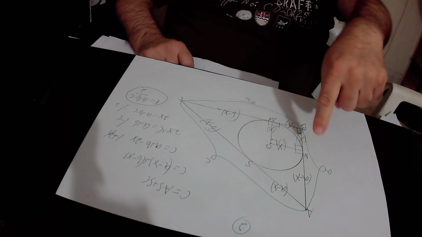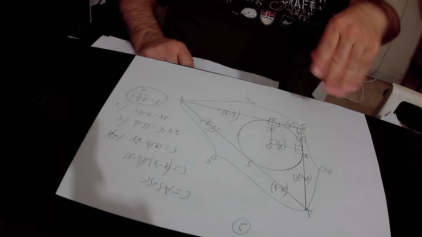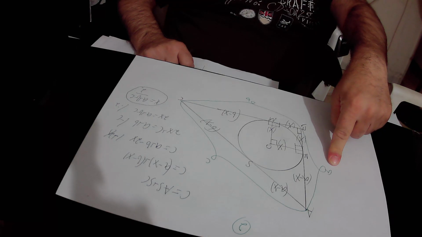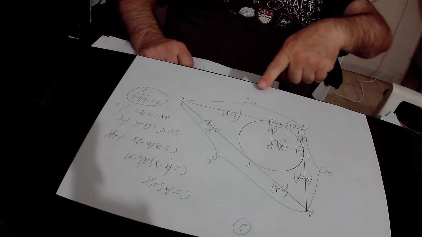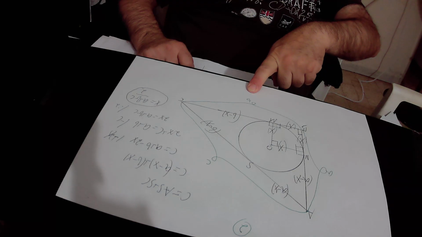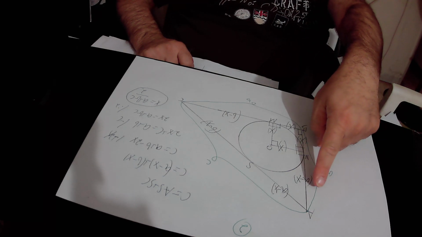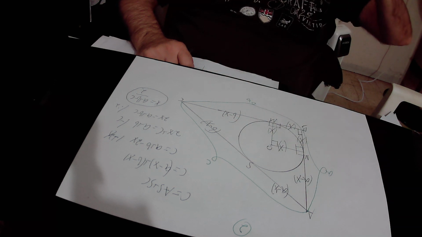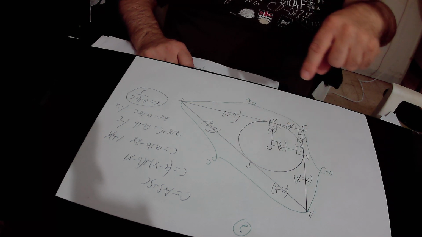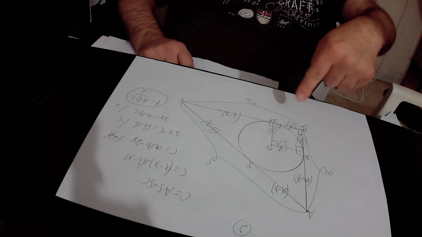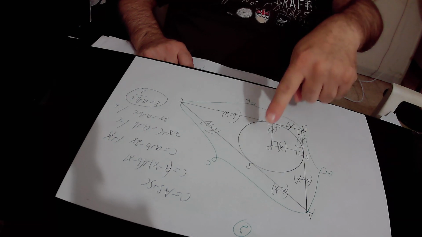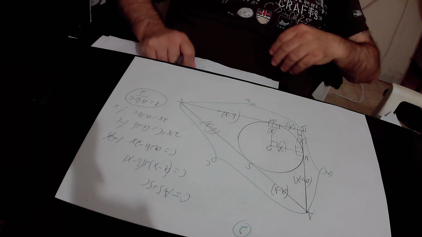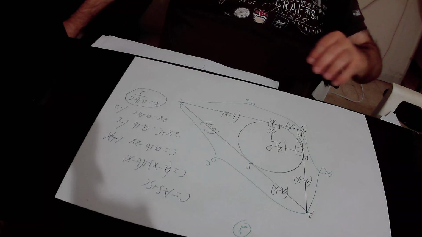So the radius of this circle, that is equal to X according to our definition, equals A, that is the length of side AB, plus B, that is the length of side BC of the right triangle ABC, minus C, that is the length of the hypotenuse AC, over 2. Again, the radius of this circle, X, equals A plus B minus C over 2. Now we will use the new formula in order to find